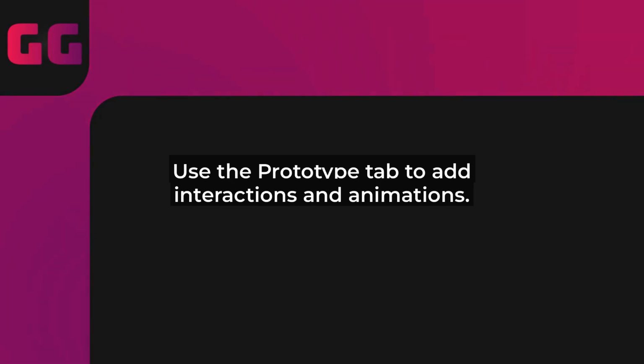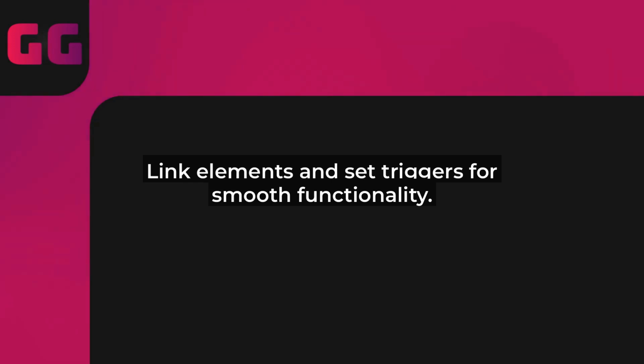Next, it's time to add interactivity. Head over to the Prototype tab in Figma. Select your dropdown element and link it to a new frame that represents the expanded state. For 2025, Figma has enhanced interactions, so you can easily set up animations like a smooth slide-down effect. Click on the prototype settings to choose triggers, such as on-click, and define the interaction duration for a polished feel.